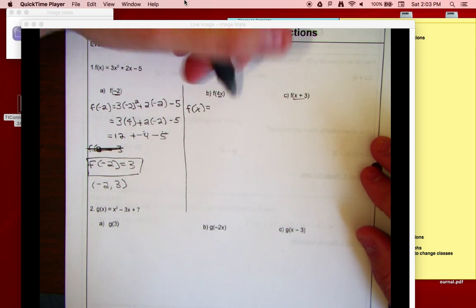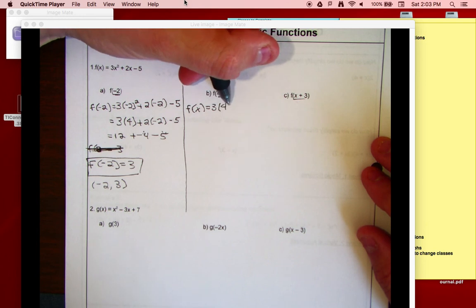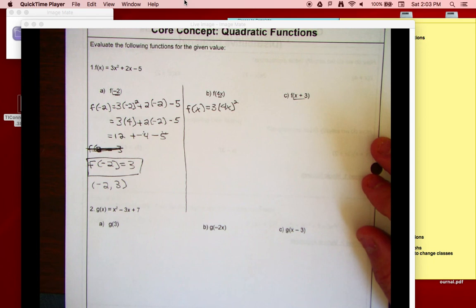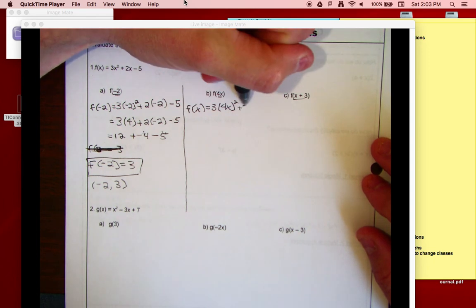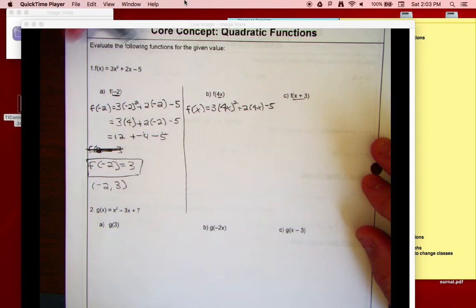So let me do that. So I'm going to go 3 parentheses times 4x squared, notice the 4x is in parentheses, plus 2 times 4x minus 5. I'm going to write out all the steps once again, so I'm going to take care of my